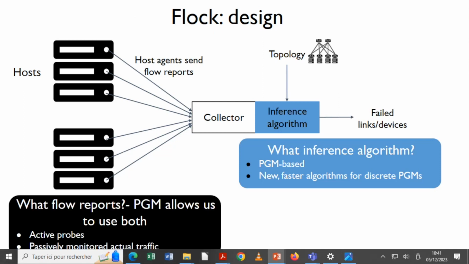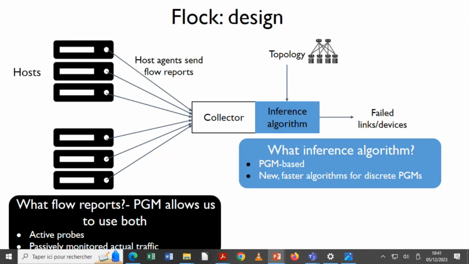And because PGMs are flexible enough, this flexibility allows Flock to utilize both active probes and passive monitoring. This is just a happy consequence of using PGMs.